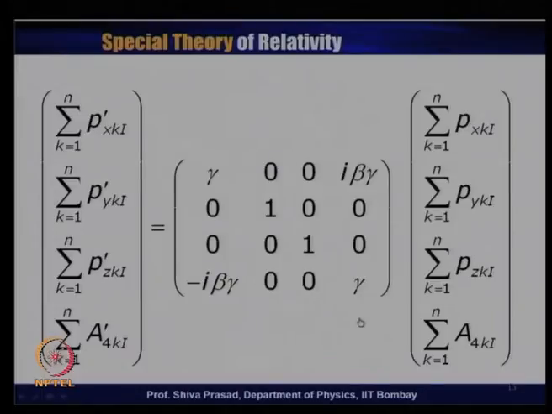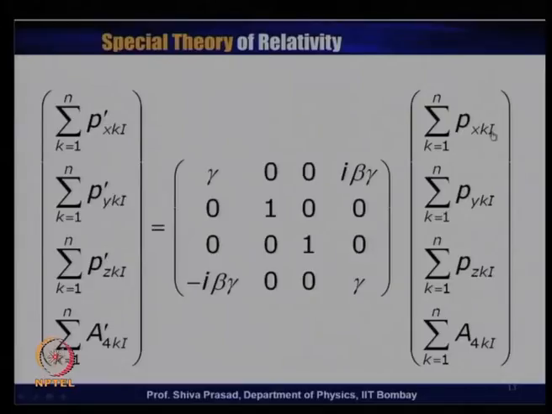It means if I go to a different frame of reference, which I call the S prime frame of reference, and look again at all those particles, and find that in the S prime frame the summation of x component of momentum is given by this, y by this, z by this and A4 by this, then if I open up these equations, that should give me the sum of the x component of the momentum in S prime frame of reference in terms of